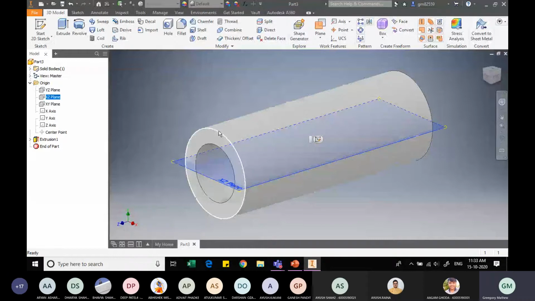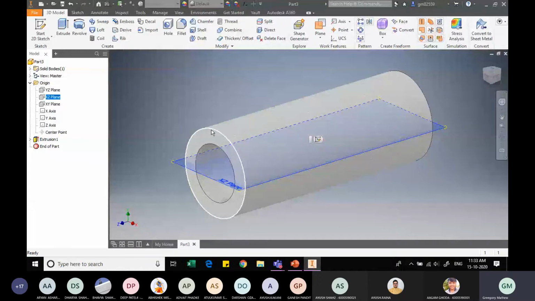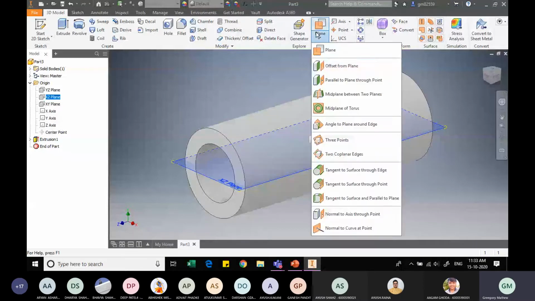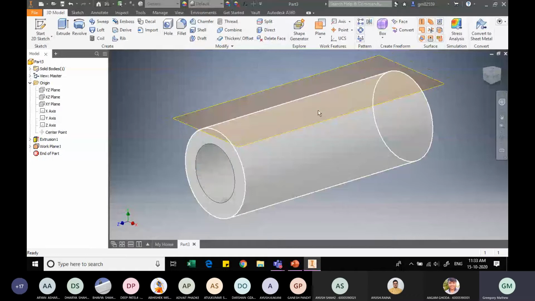Now which will be the plane? We will create a plane which is tangent to the topmost point of this cylindrical bush that we have. We know the OD of this bush is how much? It was 29 mm, which means the distance of the topmost point from this middle plane will be 29 by 2, which is 14.5. So let me use the plane command, and using the offset from plane option, the middle plane is already highlighted. So from that plane, I need a plane which is at a distance of 14.5 in the upward direction. If it is in the reverse direction, you can use minus. So when I click on OK.